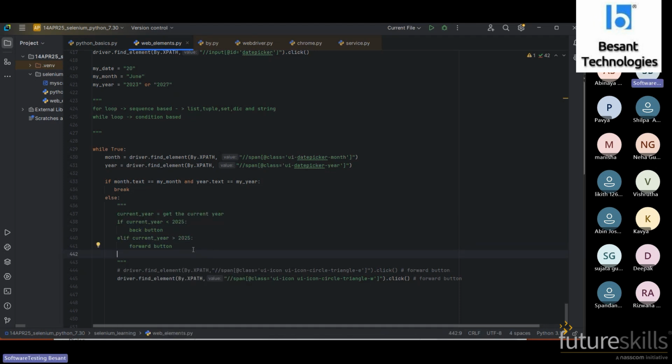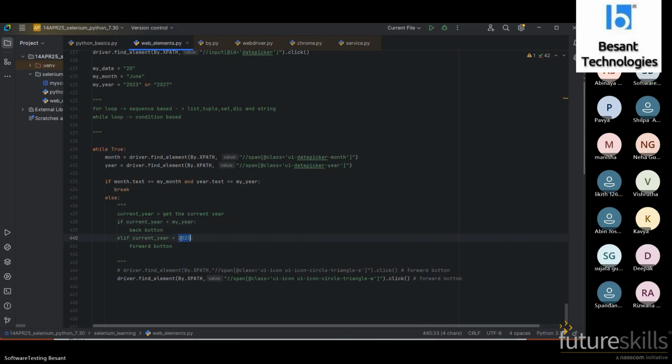In this scenario, to make it more dynamic, the current year is taken from here: get the current year, which is 2025. From here you have to compare with the provided year, my year.